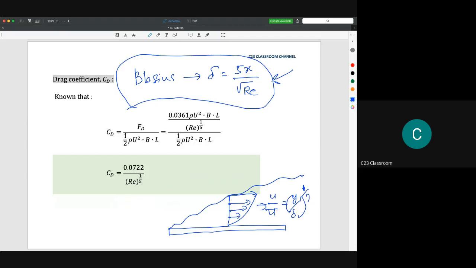And also for turbulent, if the question didn't give you any velocity profile, so you don't know whether it is 1 over 7, or 1 over 8, or 9, it is okay to use 1 over 7 as your representative value for the fully